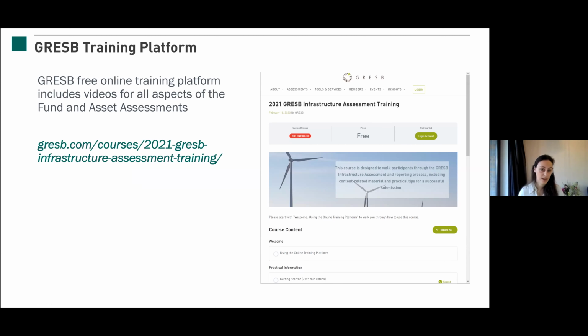As I said, we have things starting off with how do I open a GRESB assessment? How do I make fund asset links? How do I give people access to who can see my results? What is the scoring about? As well as specific questions on the indicators: how do I complete the performance component? How do I tackle the risk management indicators, etc. So it's very thorough. Obviously you don't have to do everything, you can pick a mix.